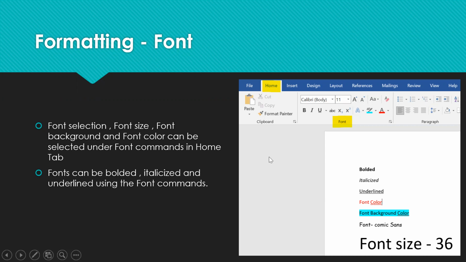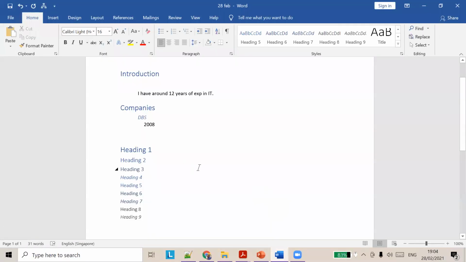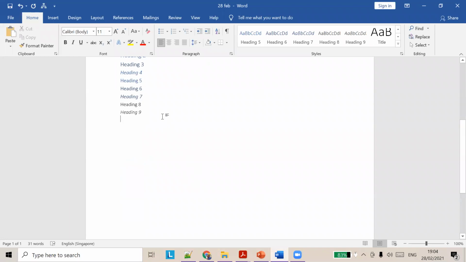So we see how to do all these things in a Word file. Okay. So let's open a Word file. We have this Word file. Okay. So let's say FIB class. So if you see this font type, this font type is Calibri. So this is just a basic default type of font that is being set.